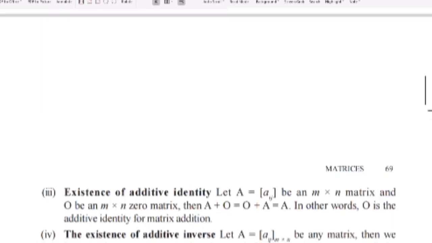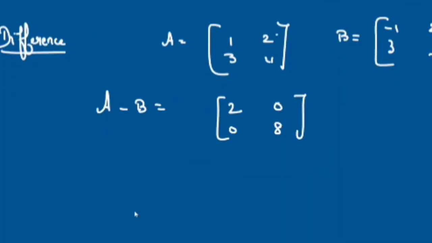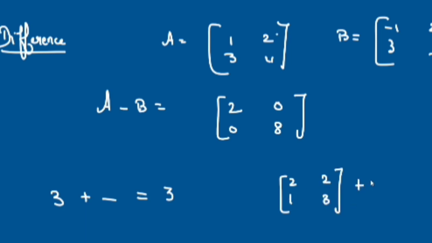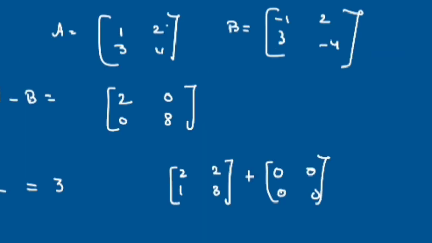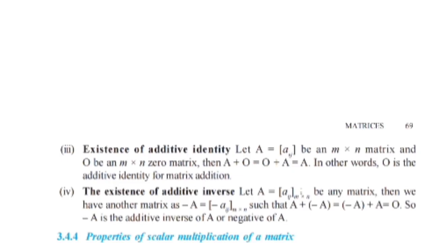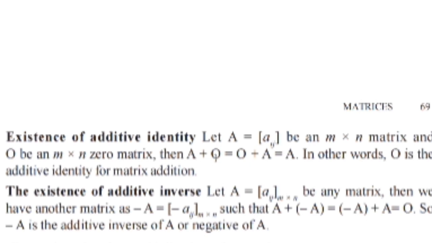additive identity. So what is an identity? Identity is something that gives you the same number. For normal addition, you know, suppose 3 plus what gives you 3? 0. So 0 is called the additive identity. The same way in matrices also, suppose the matrix is of order 2 by 2, the identity will be a 0 matrix. The additive identity is 0 matrix, and A plus 0 will give you A. 0 plus A is also A.